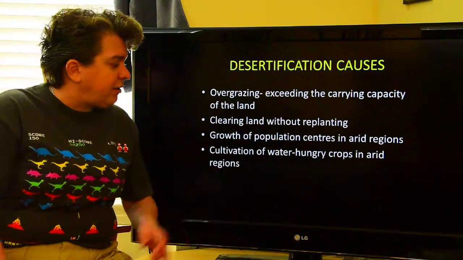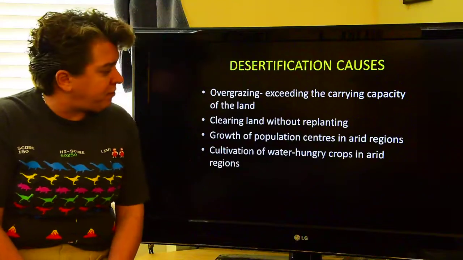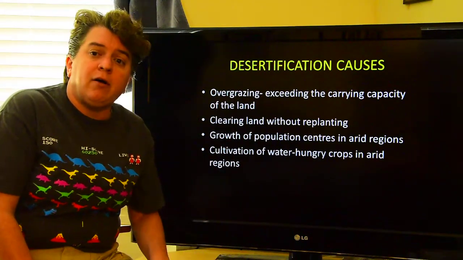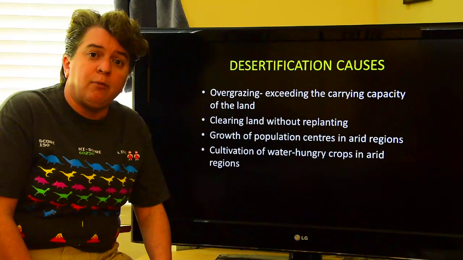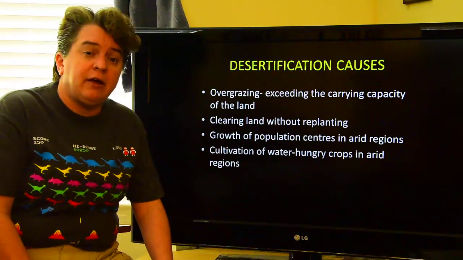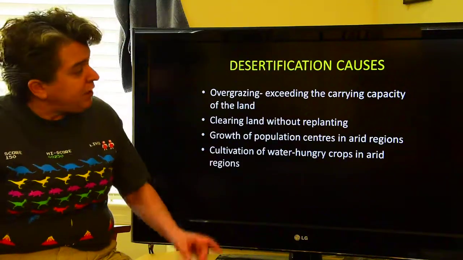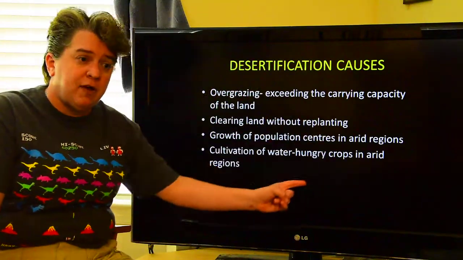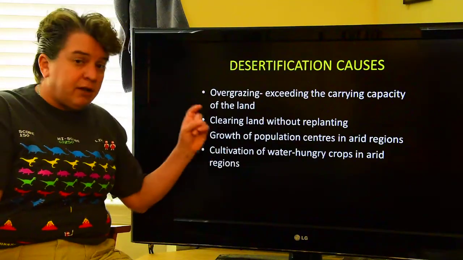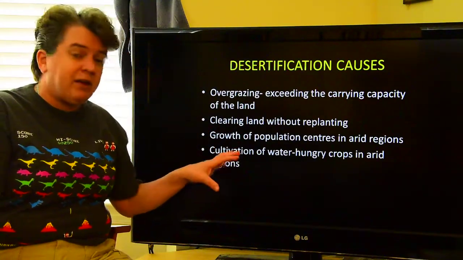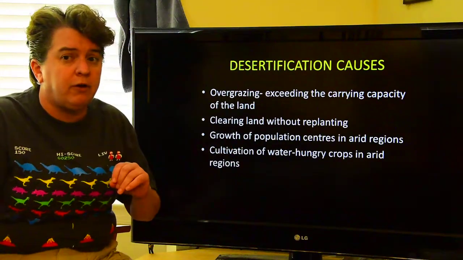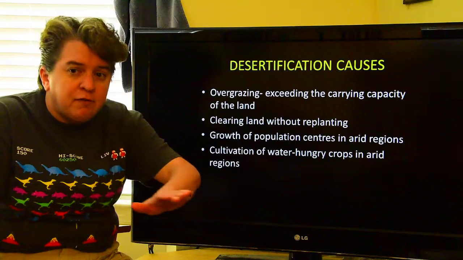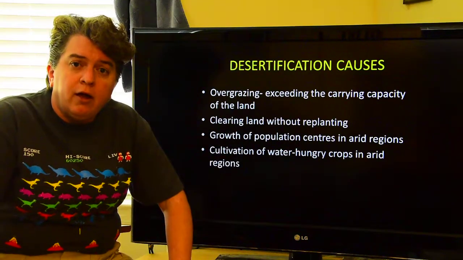Similar to that, the cultivation of water-hungry crops in arid regions. This again will lower the amount of groundwater that's available and quite possibly kill many of the native plants. So one of the big things with desertification, all of these things, the overgrazing, the clearing of the land, the growth of the population centers, the growing of water-hungry crops, what all of these do is they expose the soil to